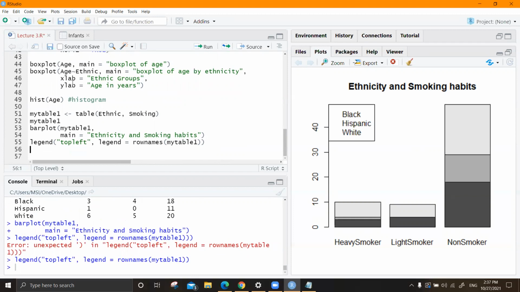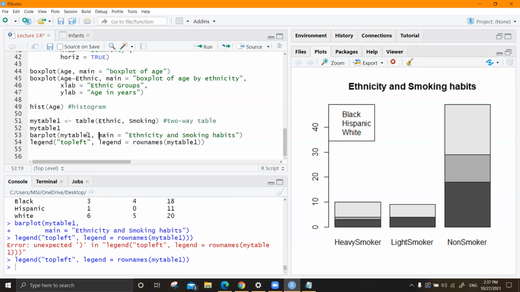So this is how you get it. You give the bar plot. Thank you for trying to help me. So you give the table, the two-way table. You call this the two-way table. Okay, and then yes, you printed that. Then you give the bar plot. So this is just one statement. Bar plot, and this particular bracket has to be closed here.